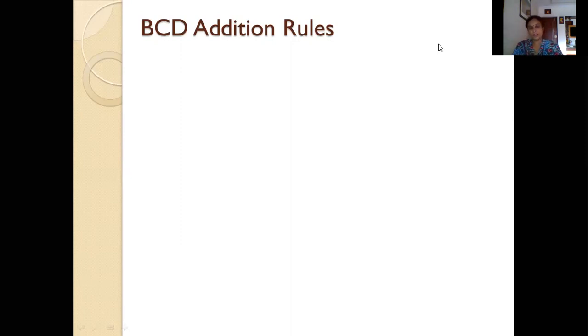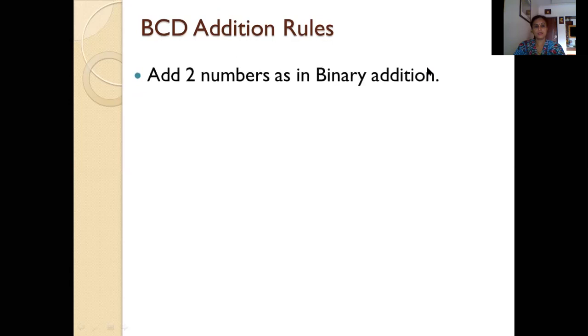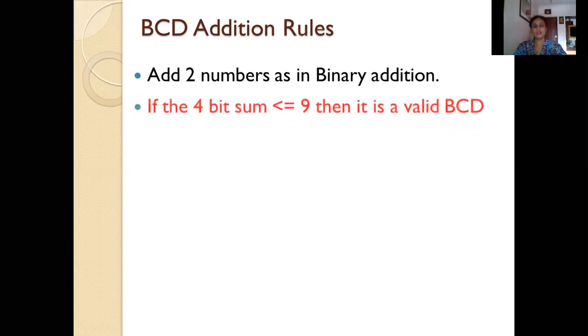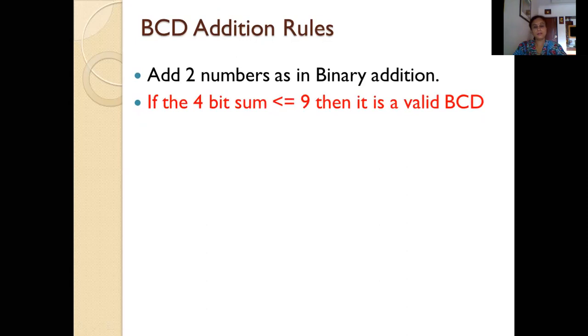So while doing programming or the like, we must know what rules are being used for BCD addition and BCD subtraction. So that's why we are going to learn now the BCD addition rules. Let us see the rules for BCD addition. First of all, we are adding two numbers, and that has to be added just similar to binary addition. Now we have three possible cases with this addition.